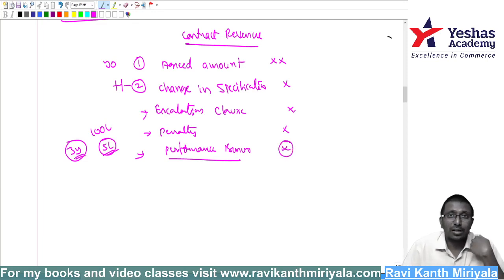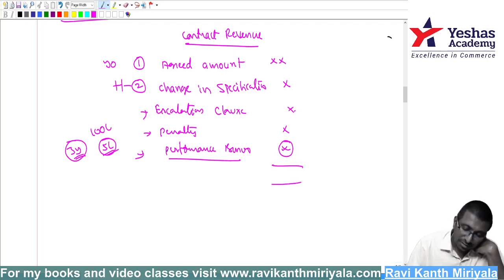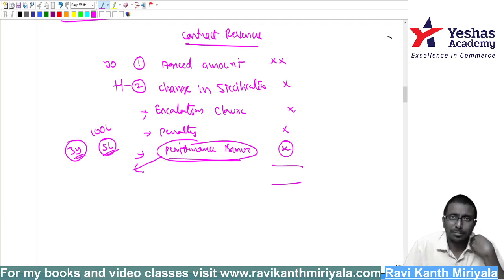Is it an income to the contractor or not? Yes, whatever the reason. But listen carefully. This performance bonus or whatever I call it, some extra money I'm going to get. When can I say this 5 lakh rupees I'm eligible? Only when I construct within 3 years of time. But can I tell on the first day that I'm definitely going to construct within 3 years? No, every construction is unique.